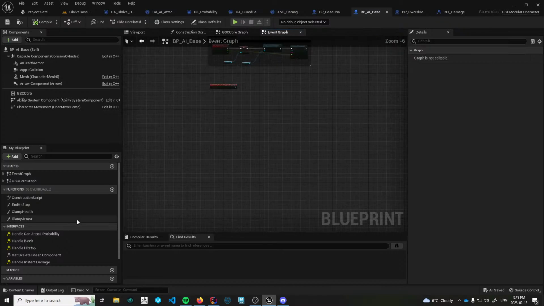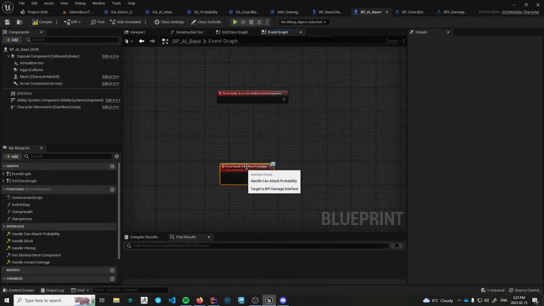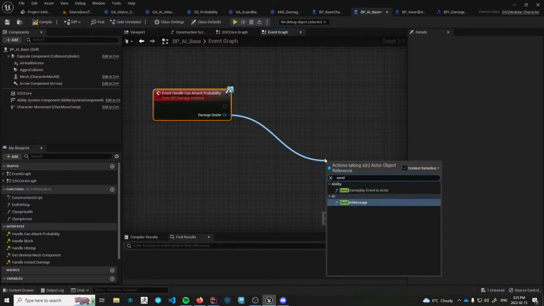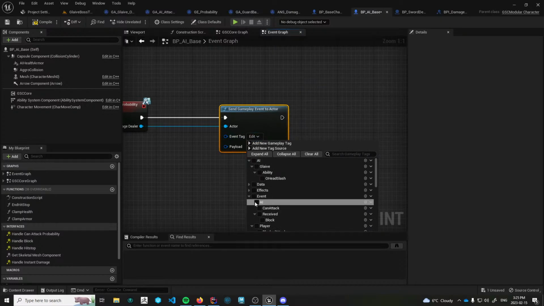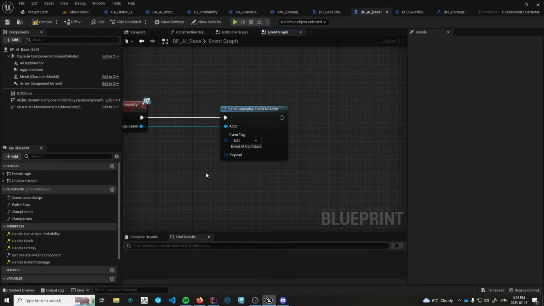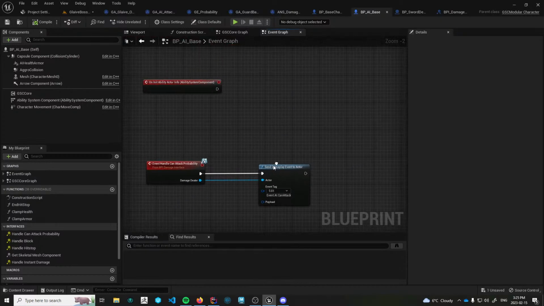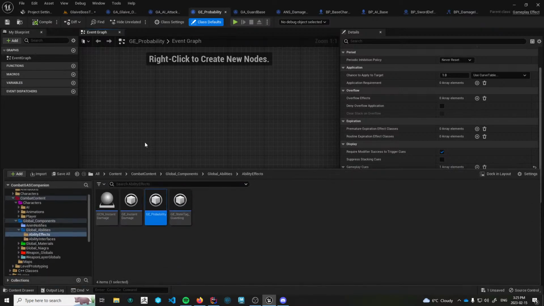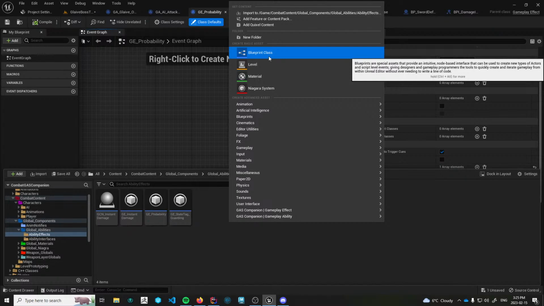So in my AI base, I go to handle can attack probability. I'll implement this, and I'm gonna say, hey, when you do this to the damage dealer, send gameplay event to actor, and this one is going to be the AI can attack event. And where do I want to trigger this? I probably should not have deleted the queue, because I think that would have been the best way to